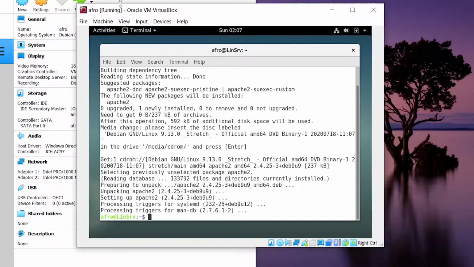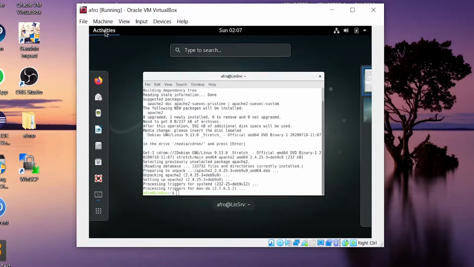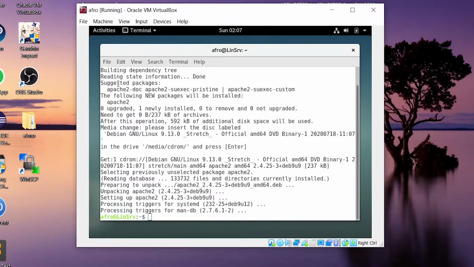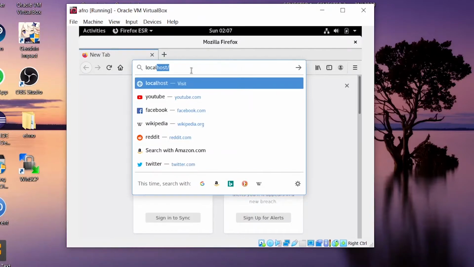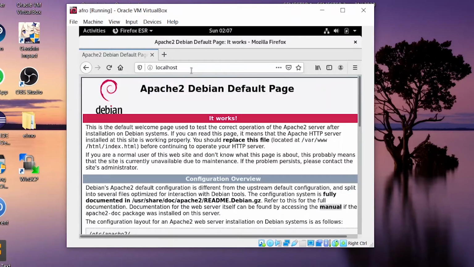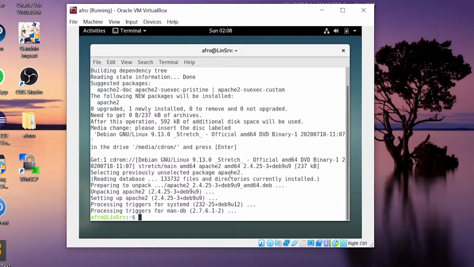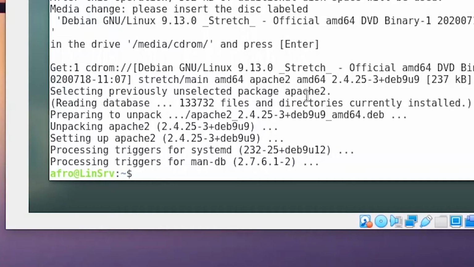Now to see if our web server configuration is a success, all we need to do is open up the browser and search for localhost. If this comes up, then the web server configuration is a success. But this seems a little boring because it is a default setting. So if you want to edit your web server,